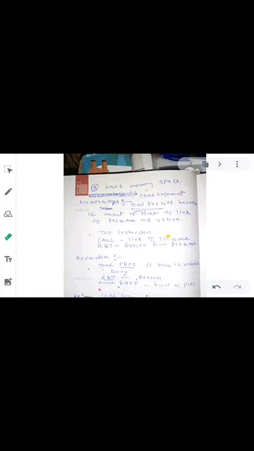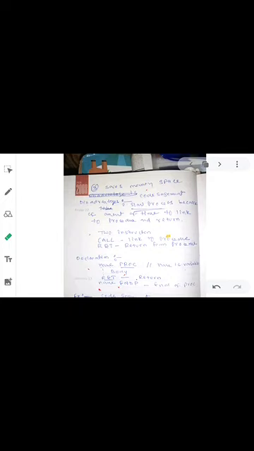The disadvantage is that it is a slow process because of the transfer of control from the main program to the procedure and coming back from the procedure to the main program. Because of that, it is a slow process compared to macros.